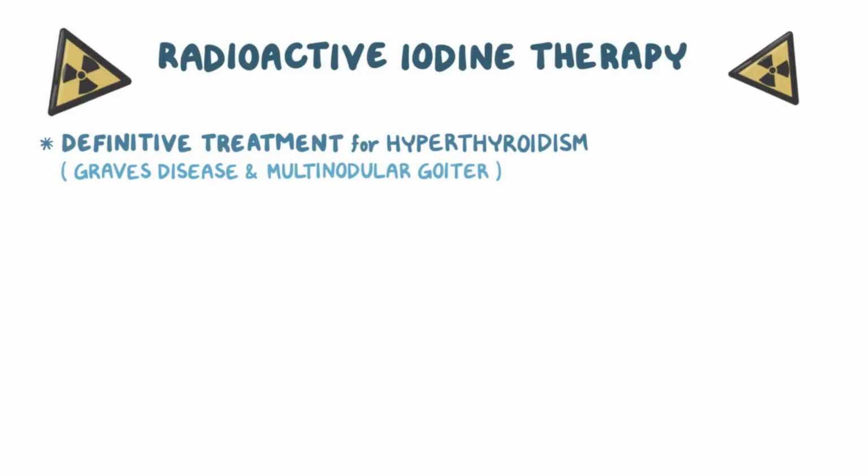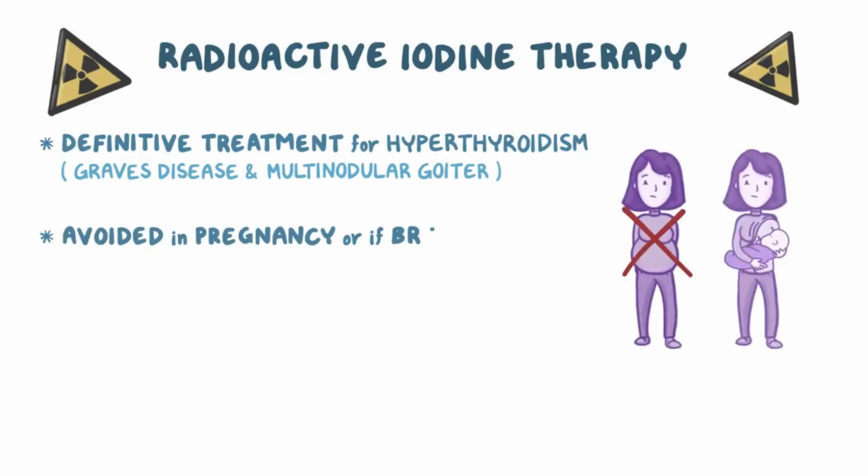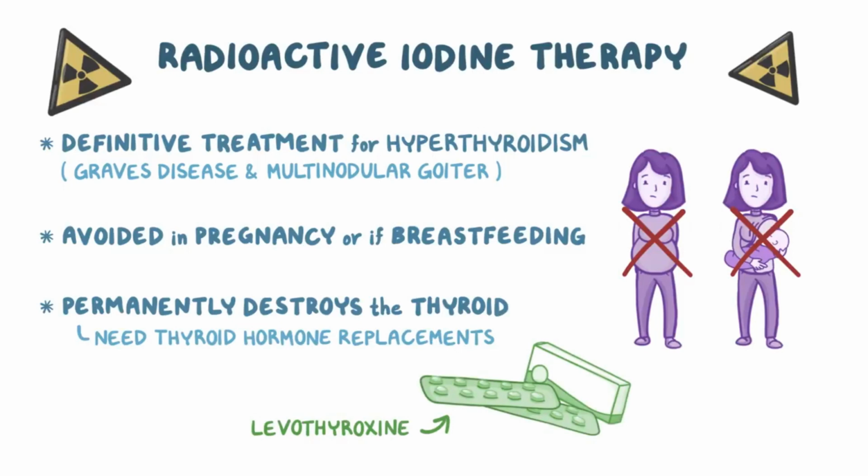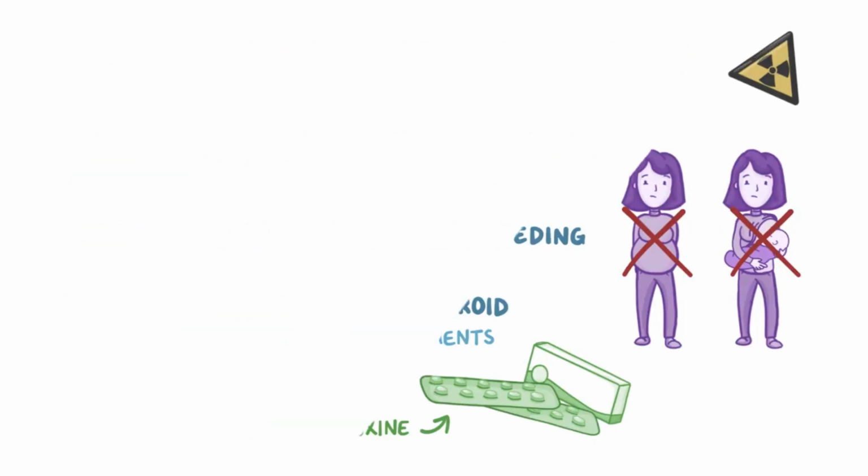Radioactive iodine crosses the placenta and is secreted in breast milk, so it should be avoided in people who are pregnant or breastfeeding. Since the thyroid is permanently destroyed, the person will need to take thyroid hormone replacements, like levothyroxine, to prevent hypothyroidism. Now, since radioactive iodine is contraindicated in pregnancy and can take weeks to take effect, we can